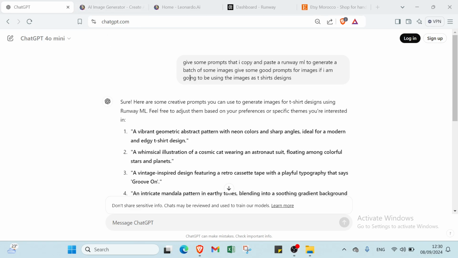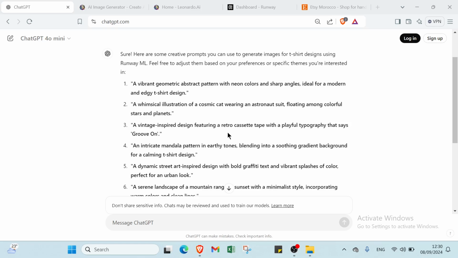dive into chatgpt.com. So here you have: give me some prompts that I can copy and paste on Runway ML to generate a batch of images. Give some good prompts for images if I'm going to be using the images as t-shirt designs. So don't worry, we are not going to be designing any t-shirts. I will show you. So of course ChatGPT is going to provide us with this prompt that we can use